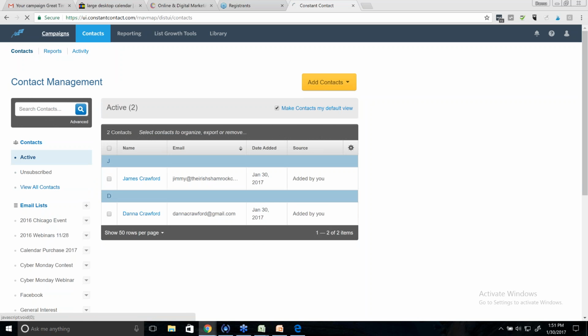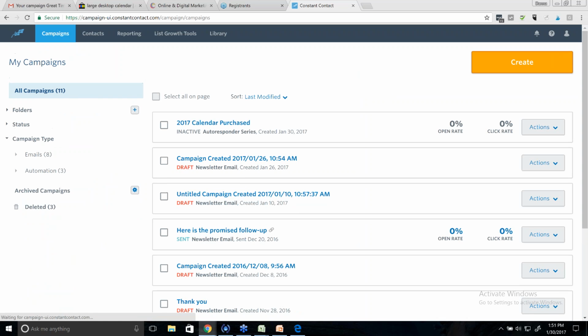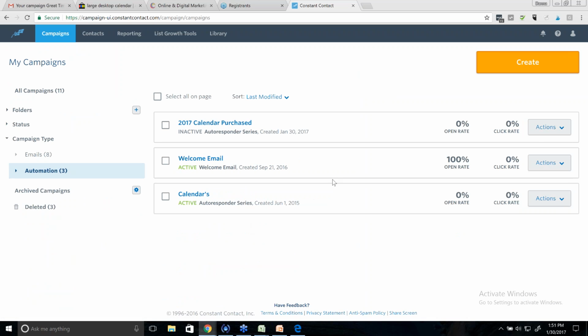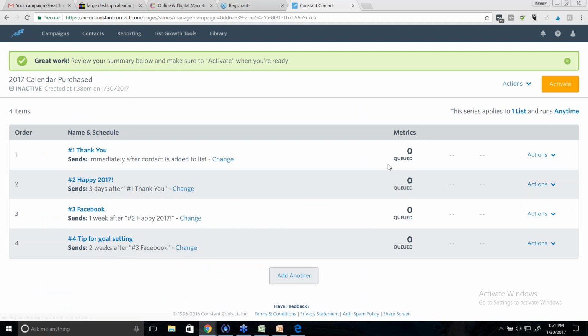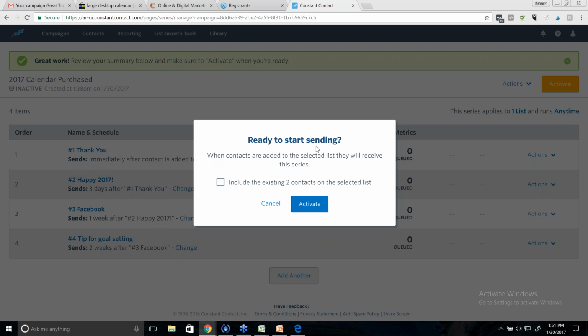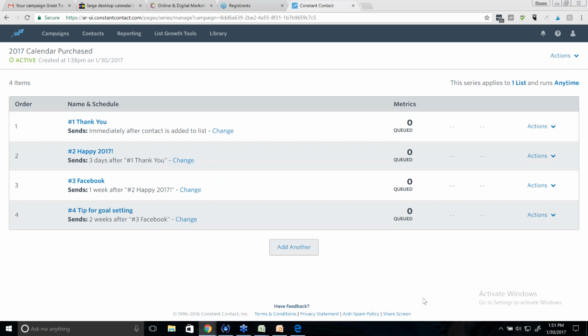Now let me go back to campaigns because I actually didn't activate it. So we can go to automation. Here's the calendar purchase, manage, and now I can just click on activate and include the 2 contacts, activate, boom. Now it's ready to go. So it's queued. And then it'll start the series.